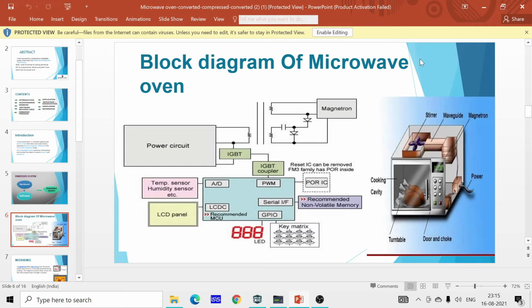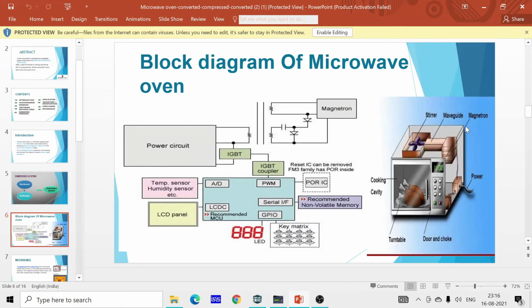Here the magnetron is used to produce microwaves of frequency approximately 2.41 megahertz, where we basically use thorium and tungsten, and when we give power supply to this, it passes the microwaves to the oven by using the waveguide.